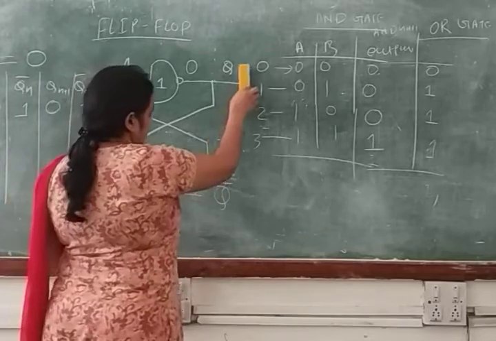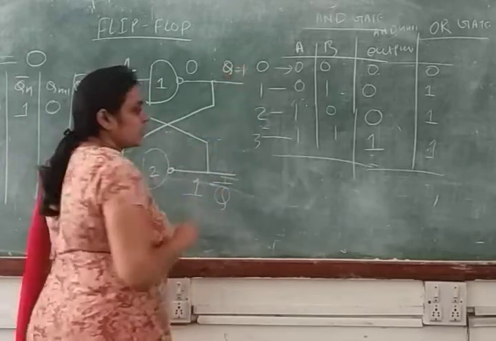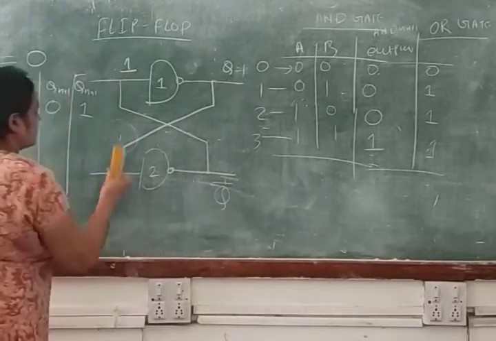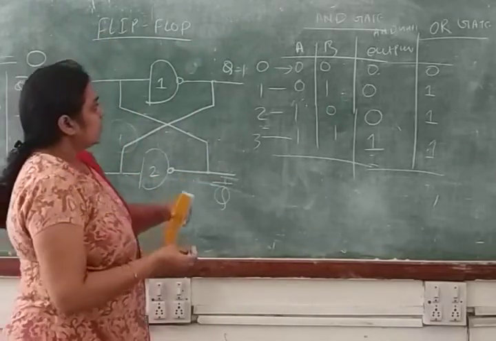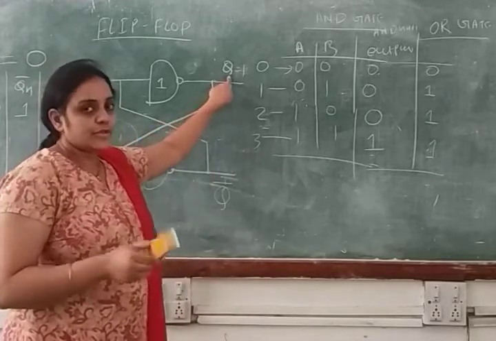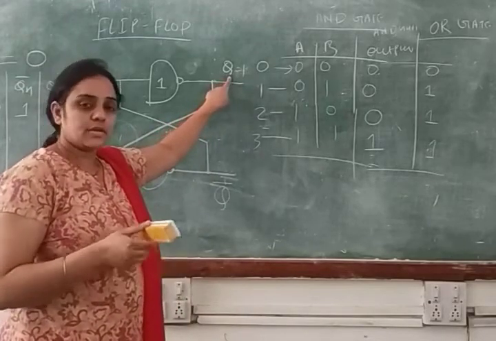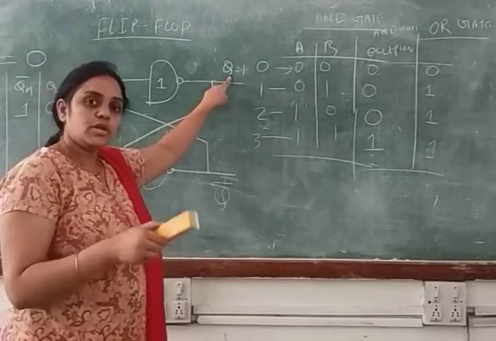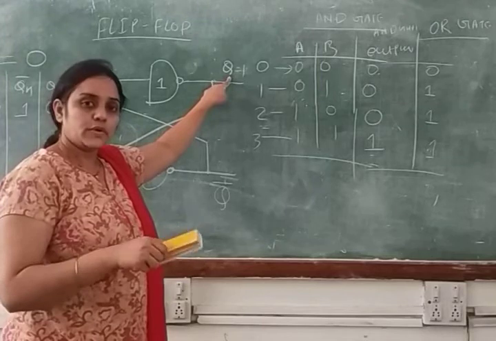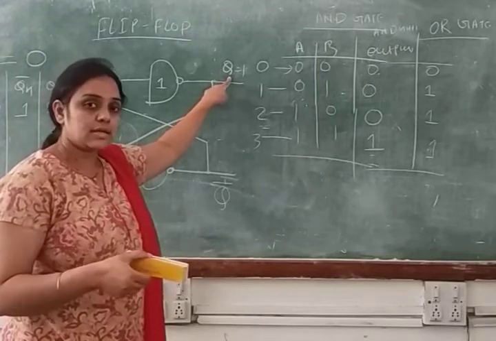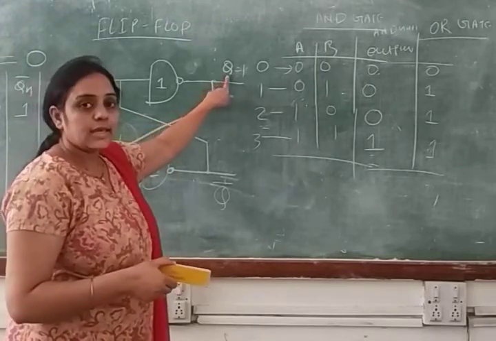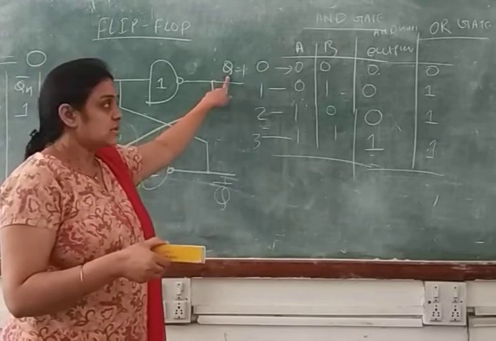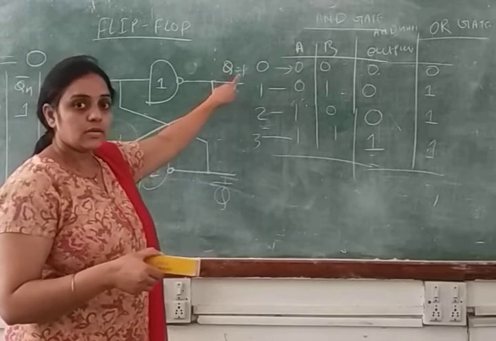If you are assuming Q equal to 1 here, then what will happen? Let's see. Okay. So if you are assuming your next output, because you can assume only two values in a binary number system, you can assume Q value as a 0 or as a 1. So we have assumed 0. Now we are assuming Q value is 1 and we will see what is your next state output. So here Qn is 1, means at this instant you are assuming your present output is 1.